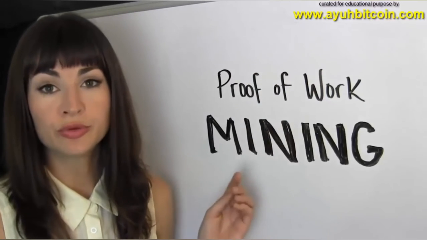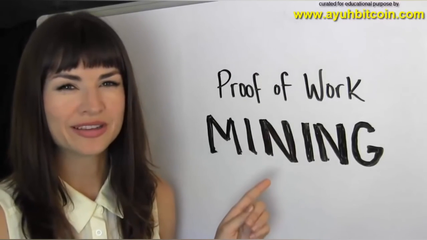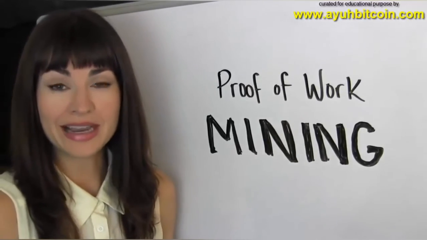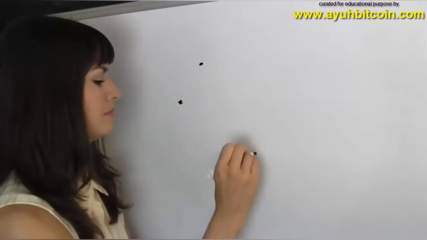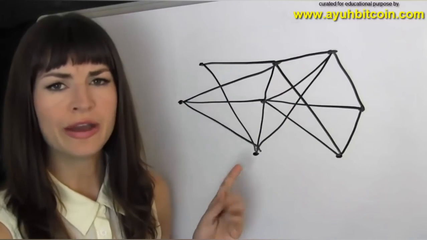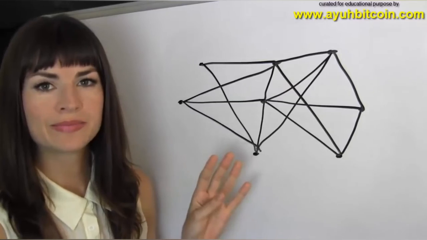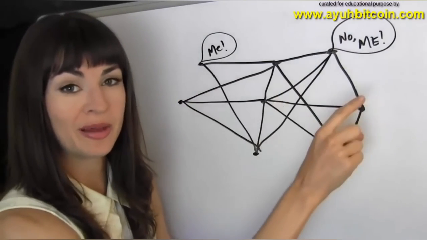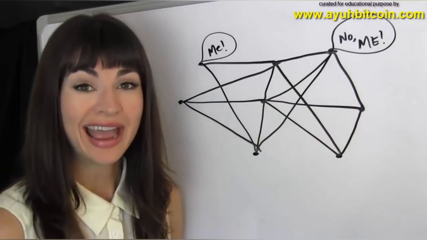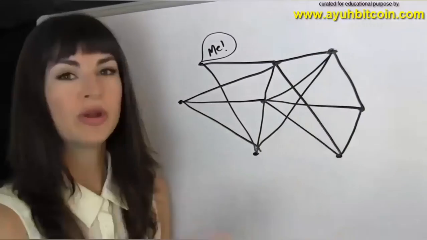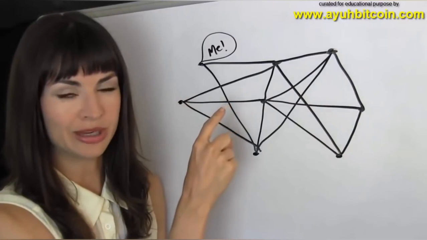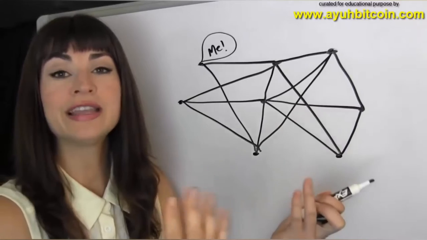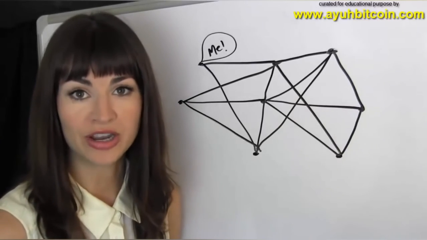Using what's called proof of work mining, and I know it's weird that we would use the word mining, but you'll see why in a moment, we can maintain consensus. So back to a stripped down basic version of our network, right? What we don't want is 2 different people with copies of the ledger making an update at the same time. We want only one update to the ledger being made at a time, which everyone else can then take a moment to agree with and incorporate the update into their own copy of the blockchain.